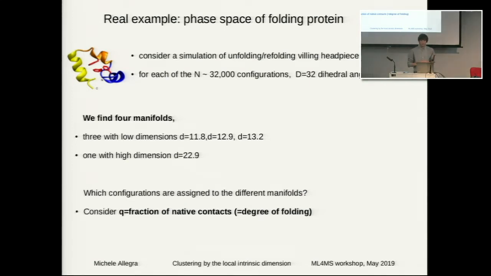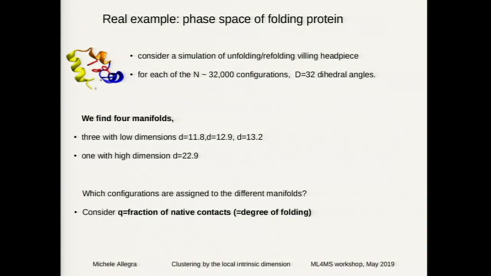We considered a simulation of a villin, which is a very well-studied example in molecular dynamics. This villin is performing folding and unfolding. So we have a long trajectory of the system. We have roughly 30,000 configurations. From each configuration, we extract 32 dihedral angles, and then we apply our variable intrinsic dimension scheme to these